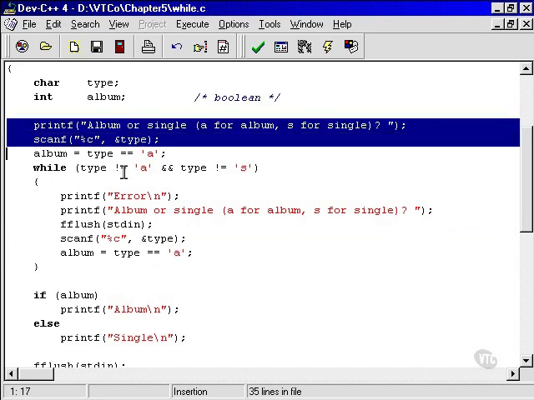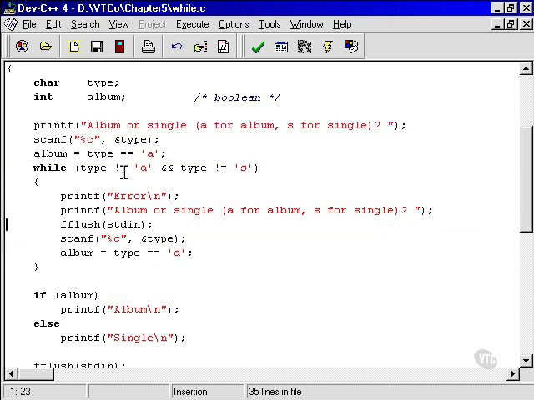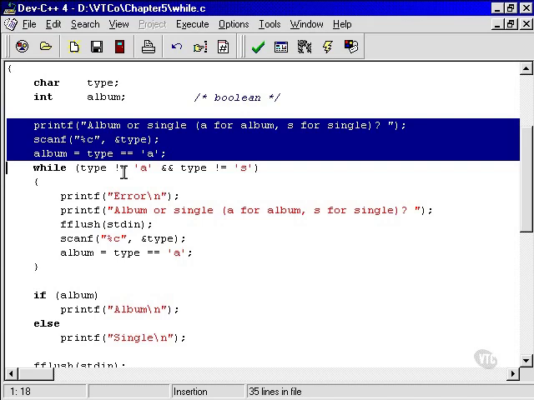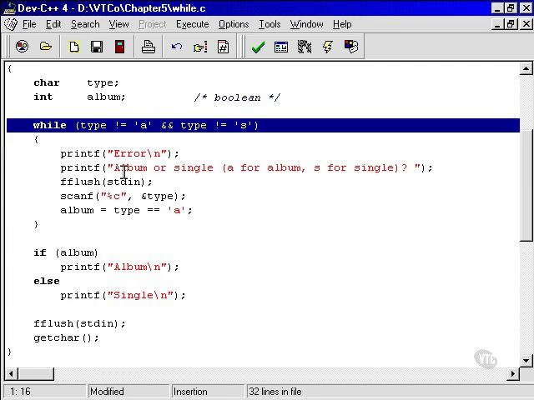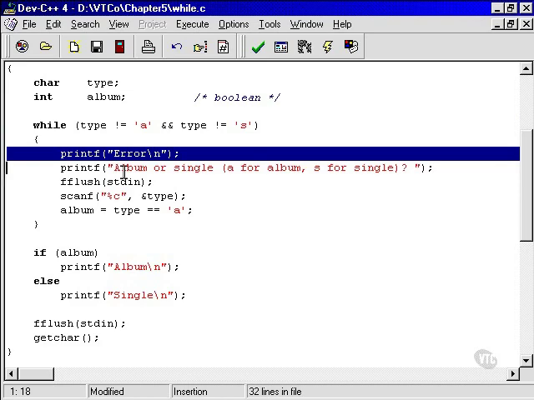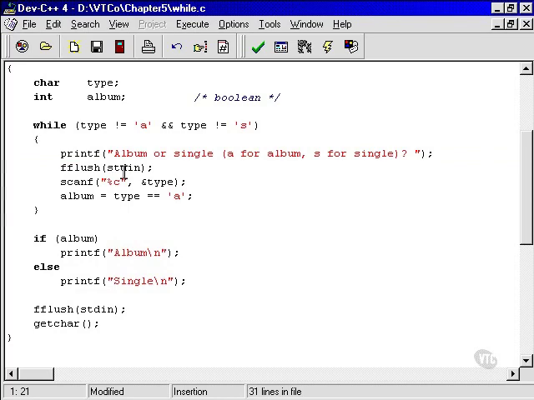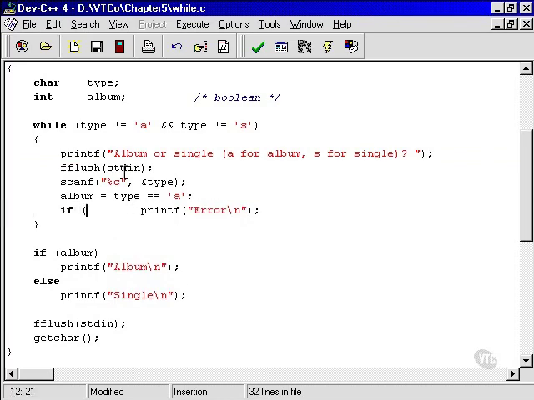What I'd like to do is somehow get rid of those ones out there and put them inside. Alright, let's try it. I'll just delete them and see what happens first. Okay. Now the first thing is we run this condition, which seems a bit meaningless at the moment because we haven't got type set to anything. The very first thing we do is we print an error. Okay, well that's clearly wrong, so I'll cut that away from there and I'll paste it down the bottom here, and I'll say if type does not equal A and type is not equal S,